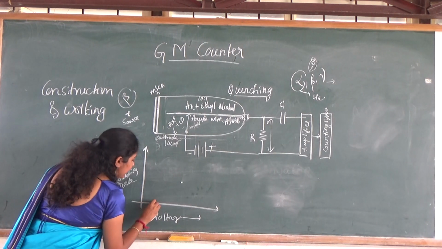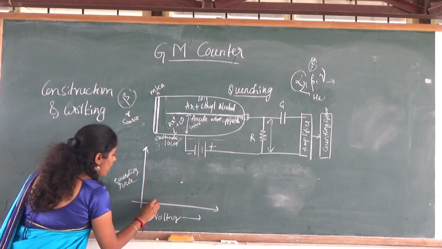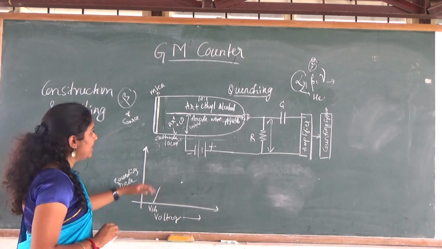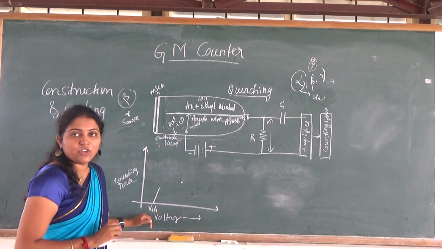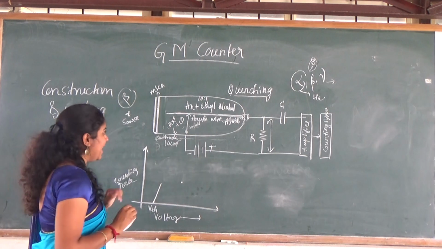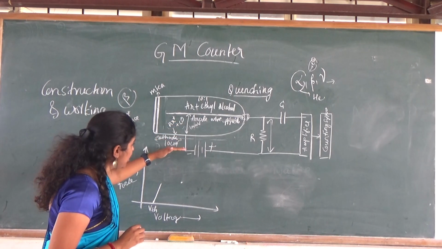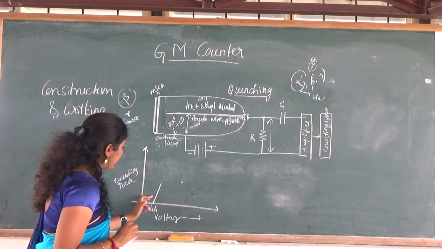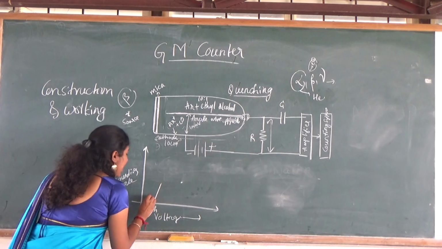What happens? Till a certain voltage, at the starting voltage, there is no count. After a certain voltage, which we call the threshold voltage, the counter starts to count the radiation. We call this VTH, the threshold voltage. After that there is a continuous count. It indicates continuous ionization inside the tube. The argon ion continuously moves towards the cathode and the electron towards the anode, and there is a count at the output. The counting rate increases with respect to the voltage. I am taking this point as A.